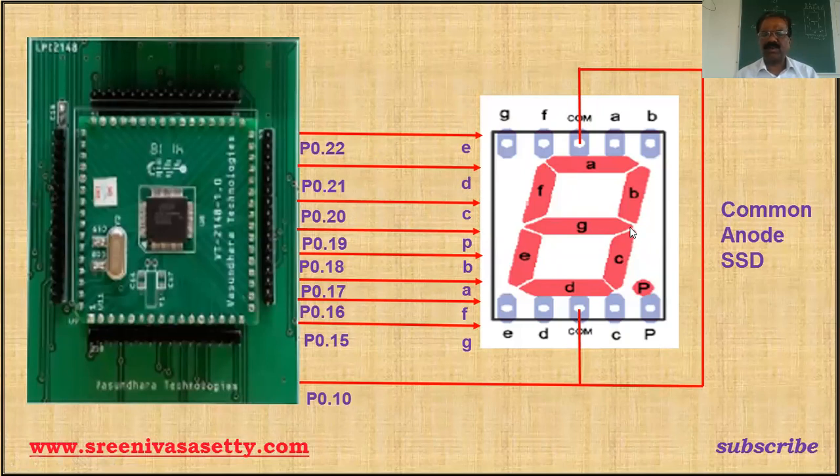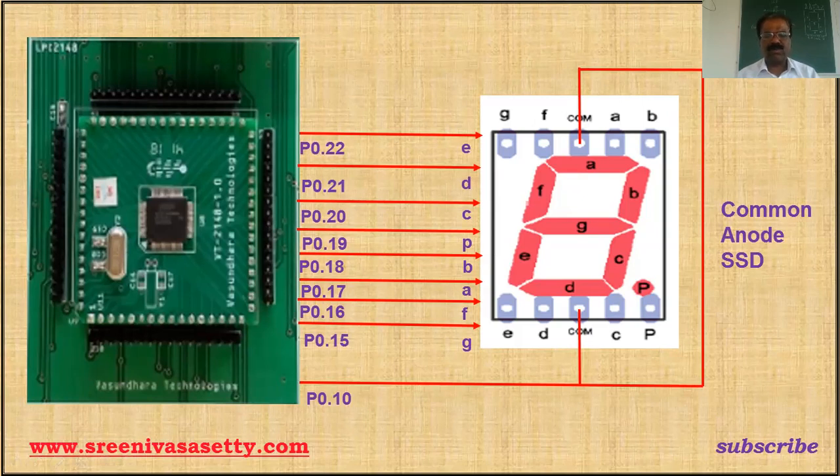Here, as for my circuit, I'm going to use common anode 7-segment display. Dear students, your program is entirely dependent upon the hardware. Therefore, you are not supposed to run the same program in your lab. First, try to get the data sheet and specification of the hardware. Then only, according to the hardware, modify the software, modify the program. Then only you can try. Otherwise, not possible. This is entirely hardware dependent. Therefore, for this particular program, I am developing the program.